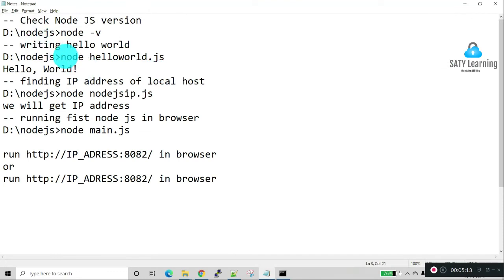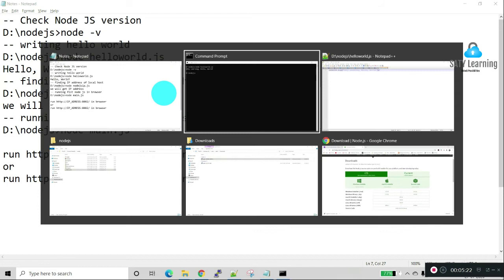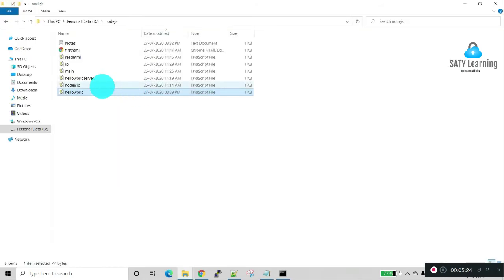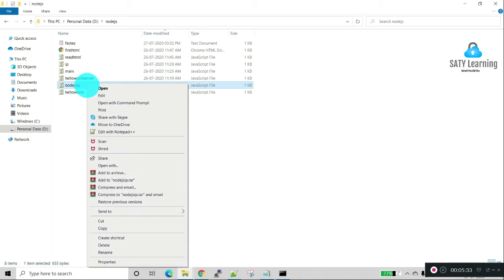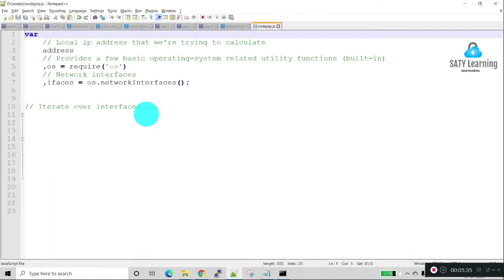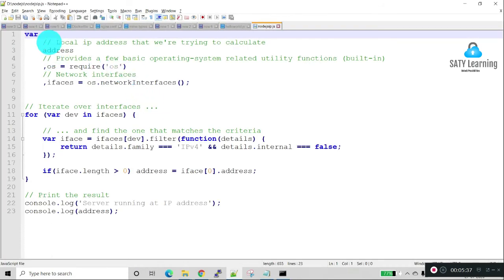The next program is finding the IP address of the localhost. I have written ip.js. This is the program.